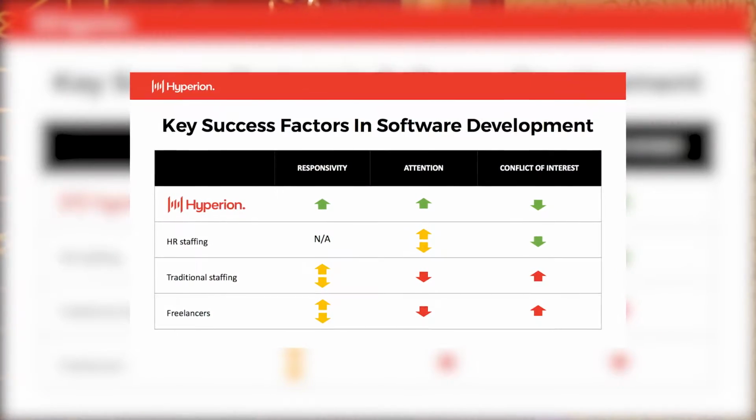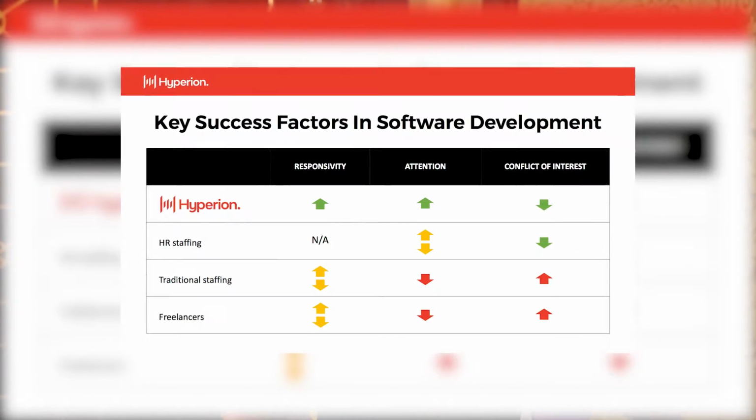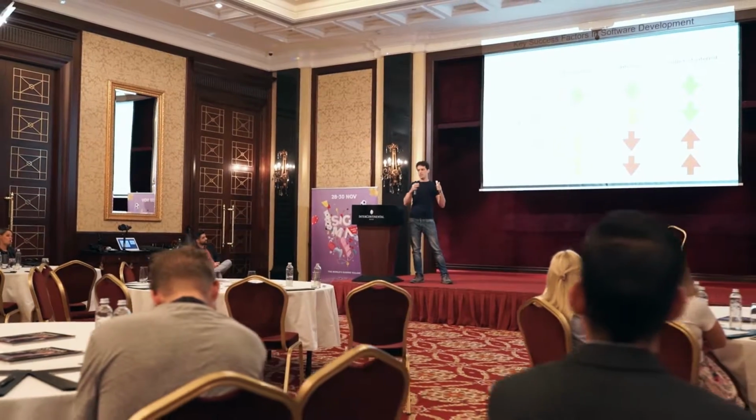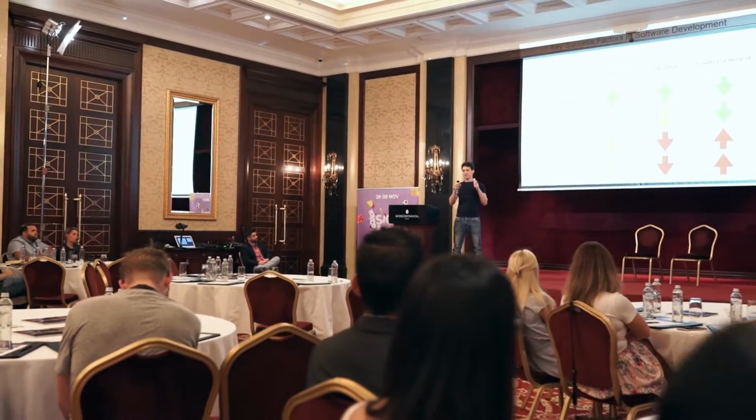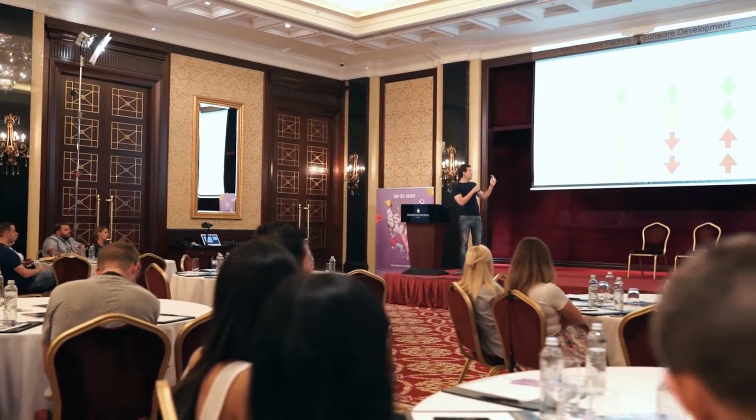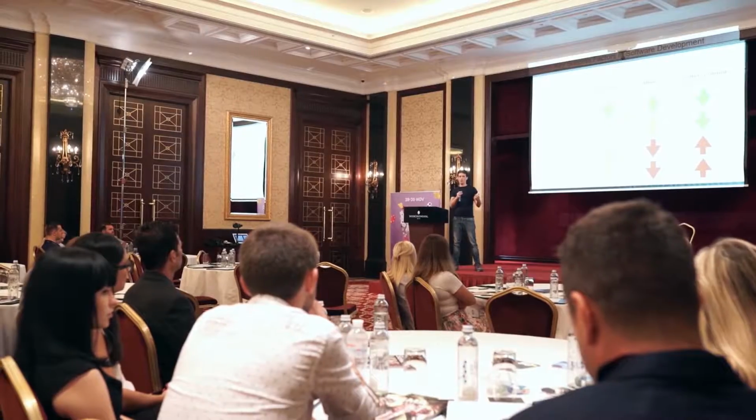So that's HR staffing. Basically, in Hyperion, we do something completely different to disrupt this old traditional dinosaur IT market. In Hyperion, we build outstanding, passionate, dedicated teams. We do it by using a lot of other factors, such as investing in company culture and other metrics for success. But the main thing is, because I was in agency and in the services industry for 11 years, I know what good service is about. I just applied the same things to IT development.